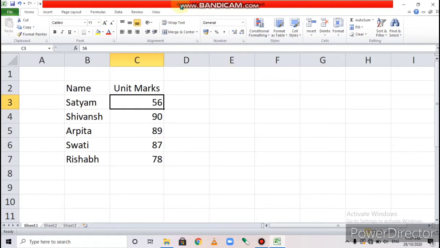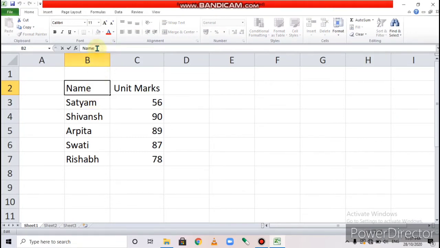To partially change the contents of the cell, the first step is select the cell. How do we select the cell? Just simply click on that cell. After that, double click on the cell, or you can click in the formula bar also.